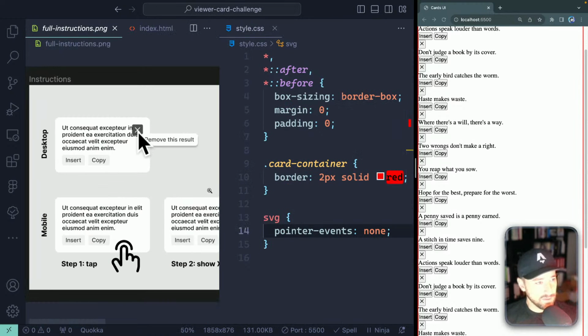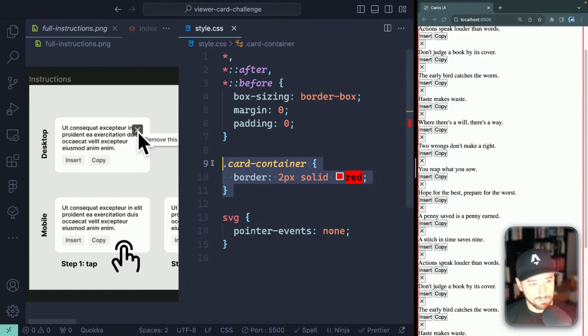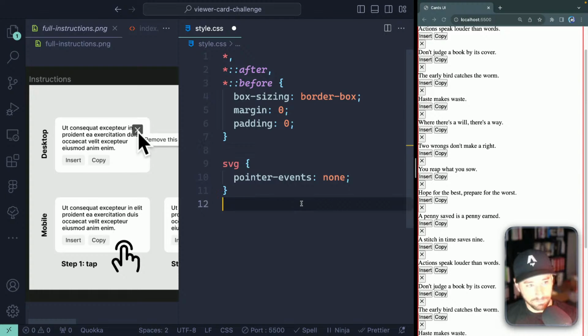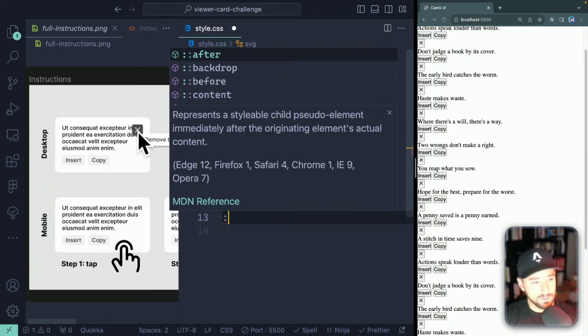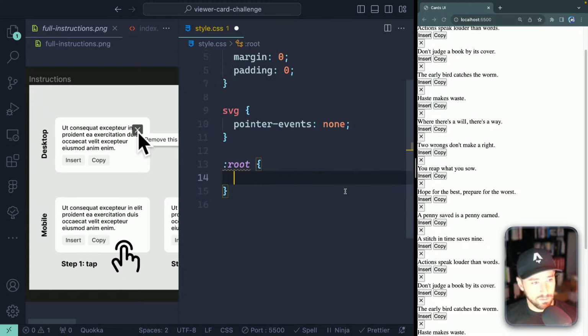Okay, so we've got some stuff. I'm not going to worry too much about the colors of all this. Let's get rid of this card container border. SVG, do I need anything else here? I don't think so. Yeah, I think that's fine. Okay, so let's go ahead and set up, as I am wont to do, some variables. So let's start with some colors,